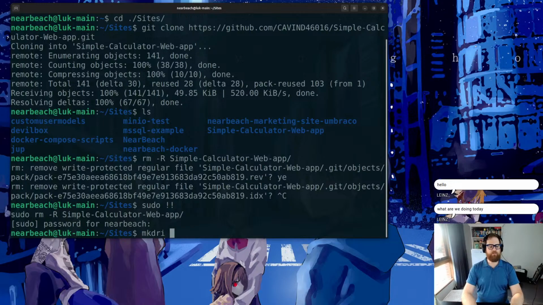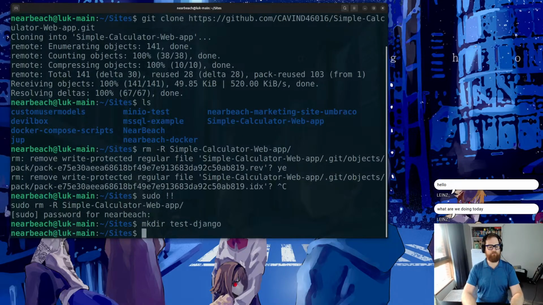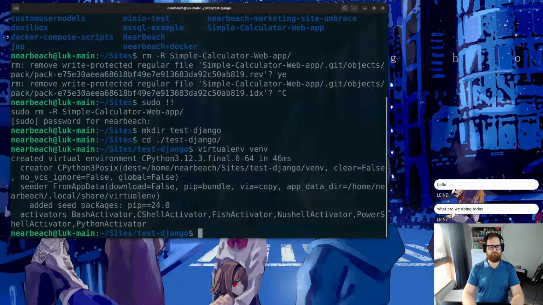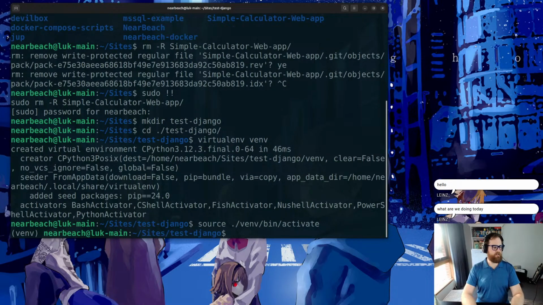All right, so make directory, test Django, cd into test Django. So we will need virtual, I'm going off memory at the moment. So virtualenv VM. All right, cool. And then what we need to do is we need to go source VM bin activate, and we need to go Python 3,